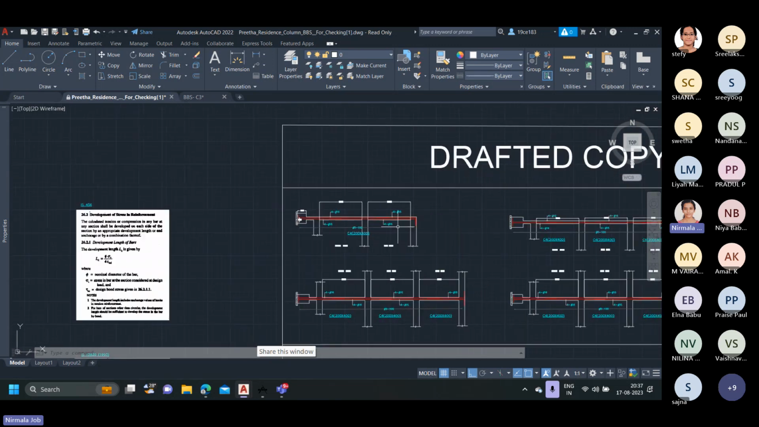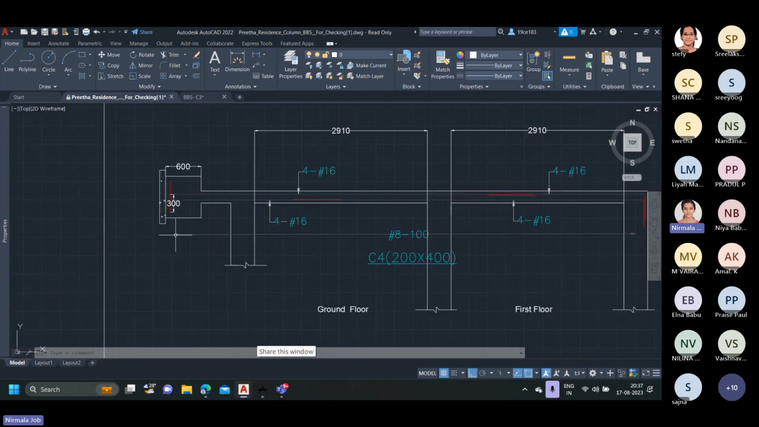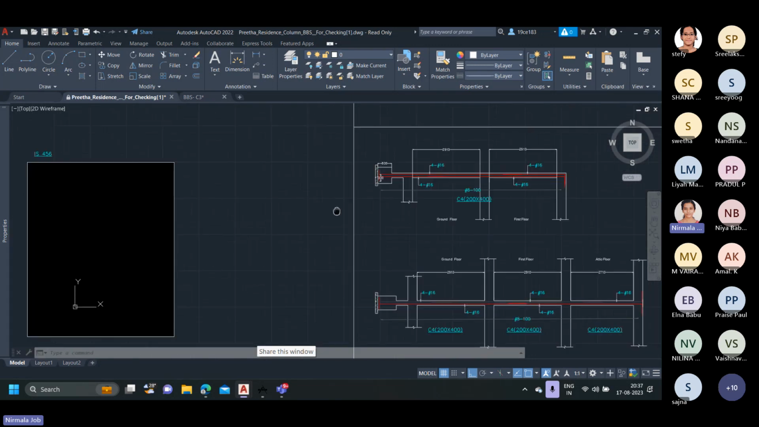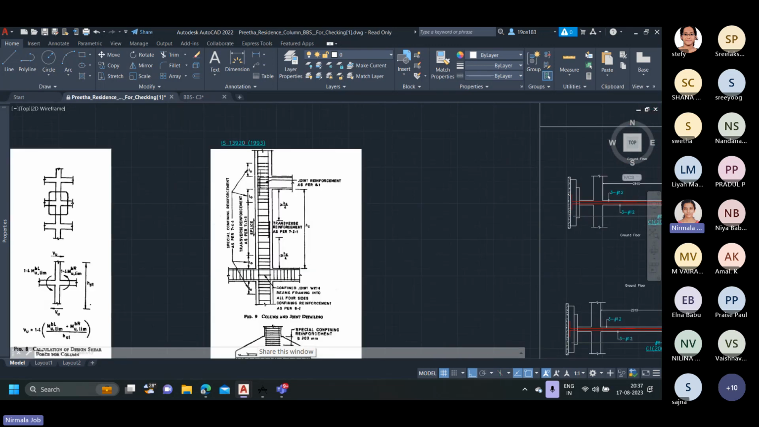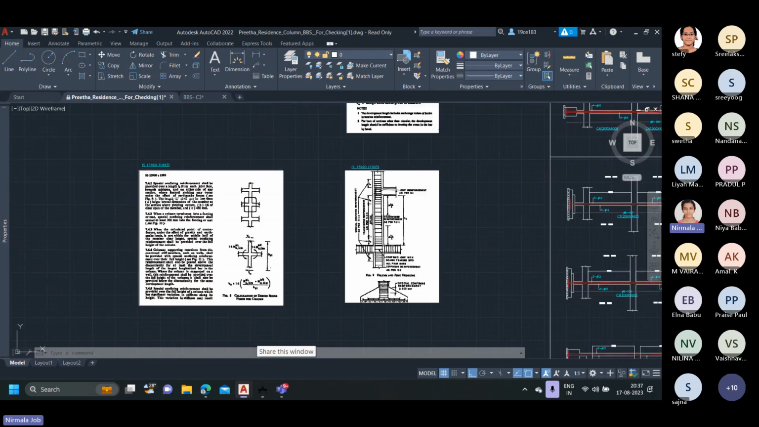Since the remaining areas, that is without the confinement zone, the span is very much less, we can continuously provide the entire ties in a uniform spacing, which is 8 at 100 mm, which is that of a special confinement zone requirement. So in this figure, what L naught value is actually